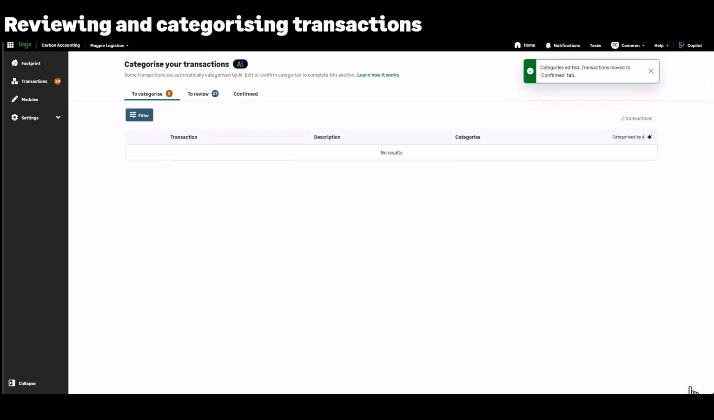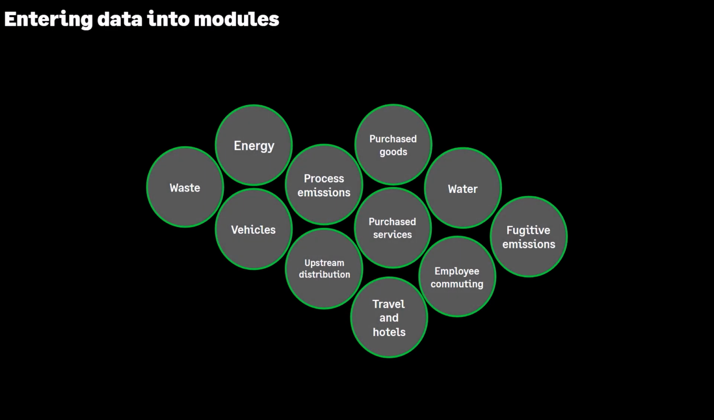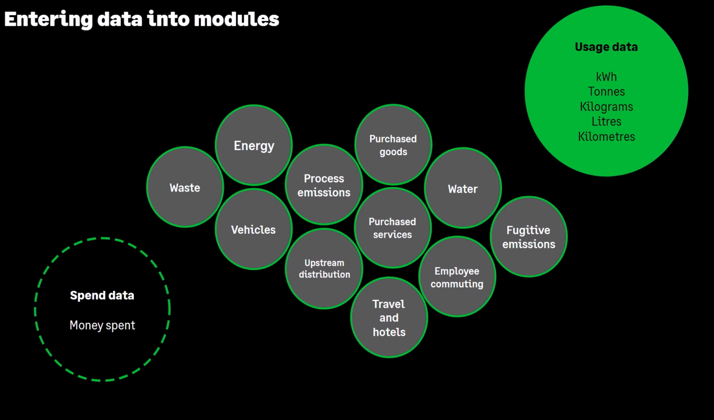Once your transactions have been reviewed and categorized, you're ready to add activity data in modules. Modules are where you add activity data for emissions that aren't fully captured by spend alone. If your accounting platform is connected, your spend data is already included. You only need to add usage data,